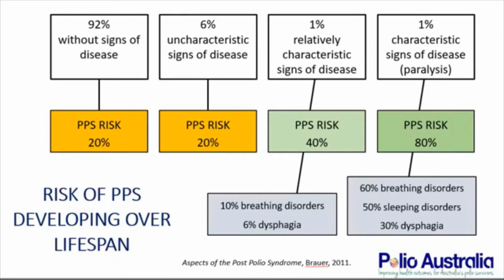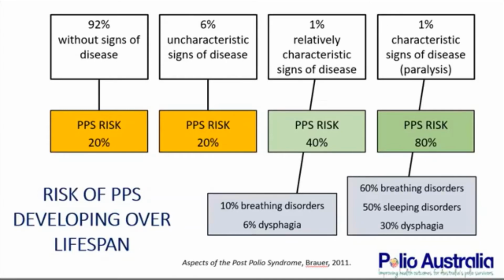So let's just break this down a little bit. If we had a community in which there was an epidemic and we had 5,000 cases or 5,000 infections in that community, 50 of them would have paralysis, and they'd probably be hospitalized and go through rehabilitation. That would be the 50 on the far right side. But 80% of those, decades later, would present with post-polio syndrome. So about 40 of those 50.